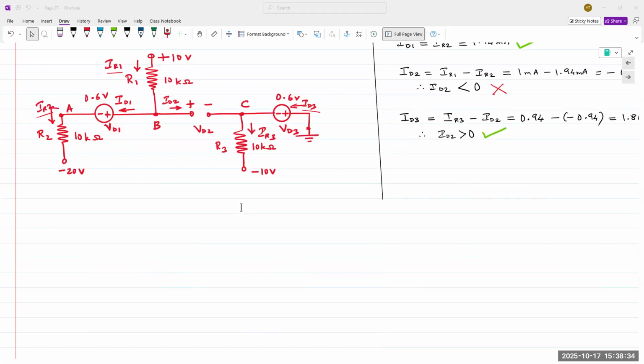Starting from the top, we have 10 volts at the top. Then we have VR1, voltage across R1. Then we have the diode voltage drop. So I'm going to the left right now. Then I have the voltage drop across R2. And then finally, the 20-volt source at the end. So 1, 2, 3, 4, 5. 5 voltage drops, 5 voltages. Okay. So since we need to find voltages, let's apply